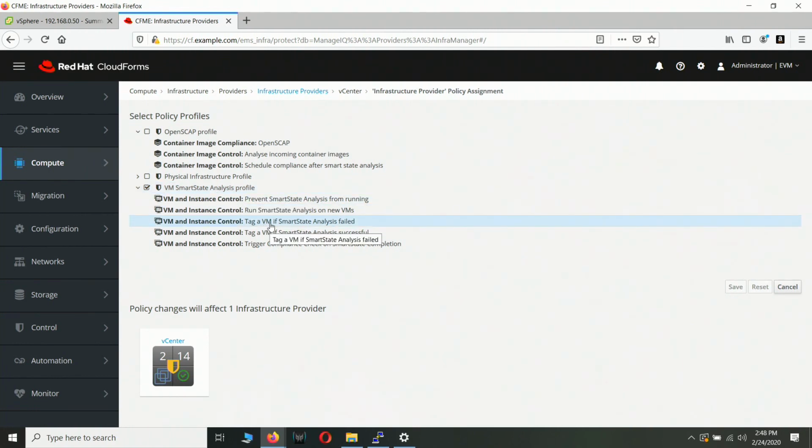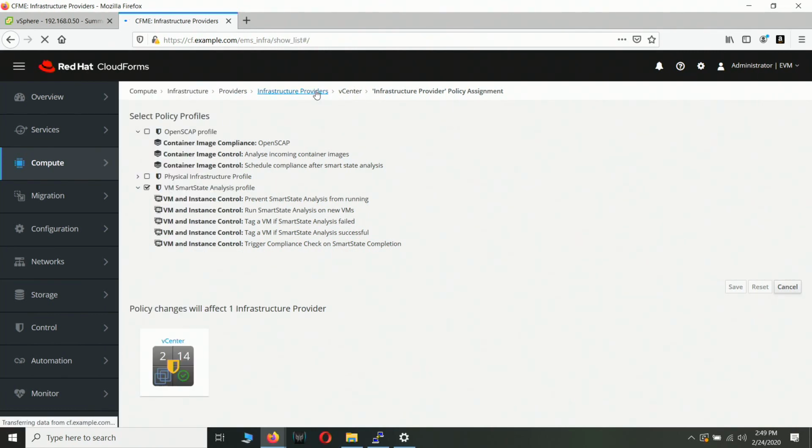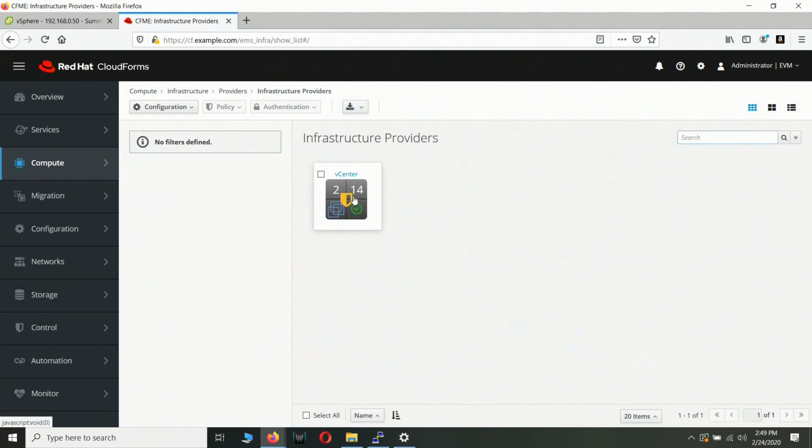Now, one important thing to note about smart state analysis is that it is not something that you want to run on everything. It can take a lot of time to complete, and it can also result in disruption of services on certain types of workloads, like databases or stateful databases, particularly like Microsoft Exchange, for example. So if you had any of those, what we'd want to do is to come back into the vCenter